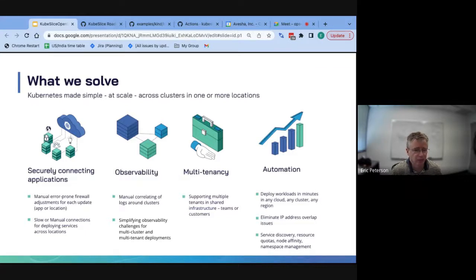Again, what we're trying to solve with all this is first make a secure way to easily connect these applications. Going in and out through a lot of firewalls, there can be a lot of mistakes. It's sort of easy to screw that up. So by making it appear to the applications as if they're all connected on the same overlay network, it's easy for them to securely talk to each other. We're trying to make things very observable. So as you have application traffic that is potentially hopping from cluster to cluster, you want to be able to see where it's going, check the performance of it.